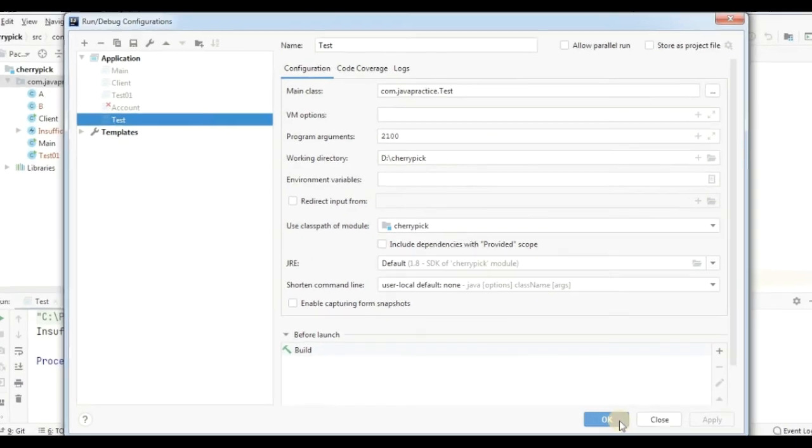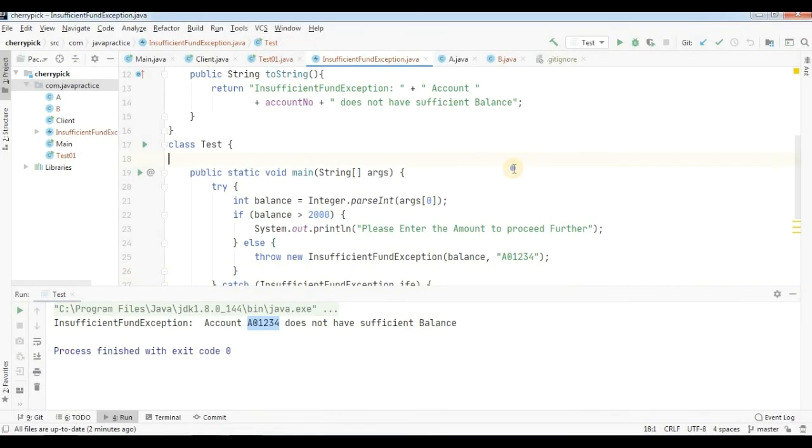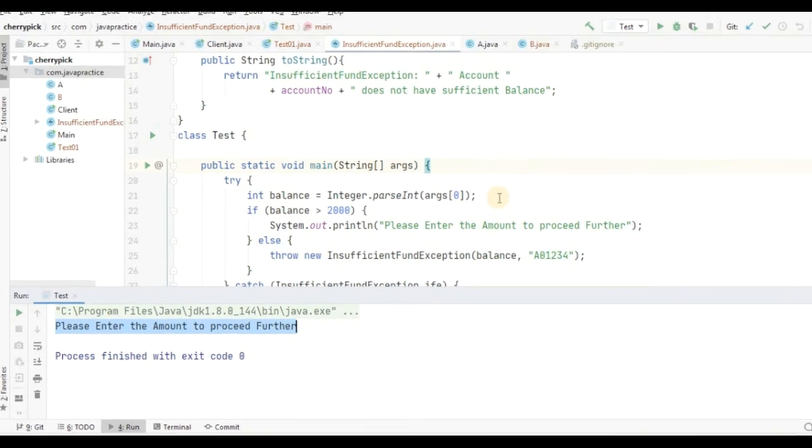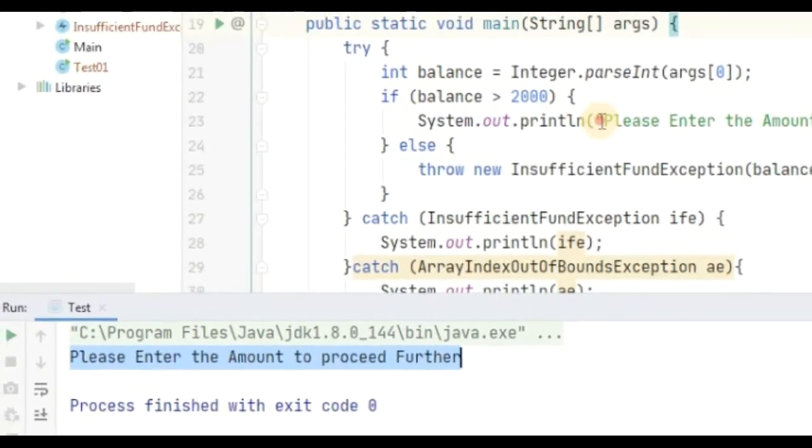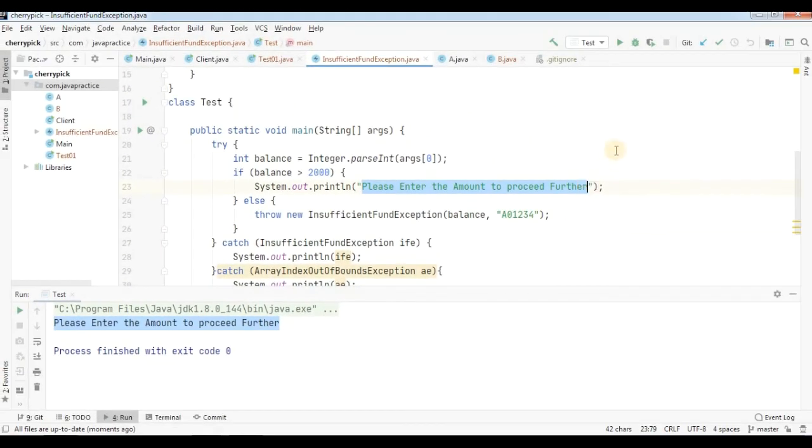Click on Apply, click on OK. Again rerun the program. You can see the message has been changed: please enter the amount to proceed further, and the same message is coming from the if block. So guys, this is the way that you can provide the command line argument value from